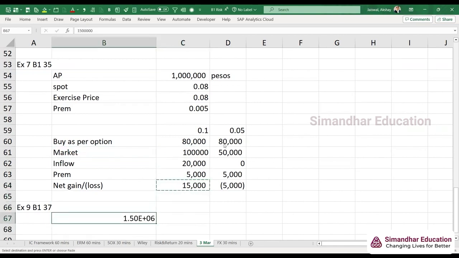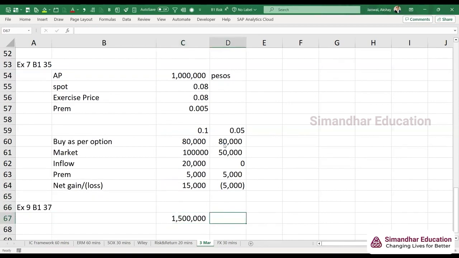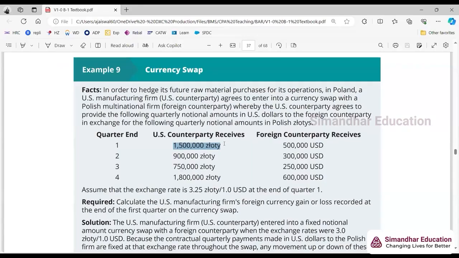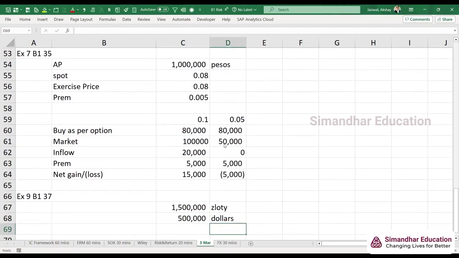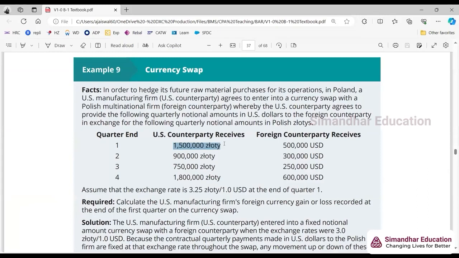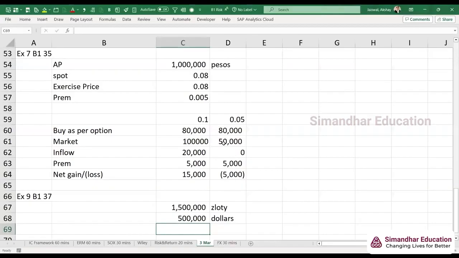We are talking about quarter one because that's what is being asked in the question. 1.5 million zloty and USD is $500. Okay, so now they are going to do this. Now the exchange rate at quarter one was 3.25. This is good. 3.25 zloty